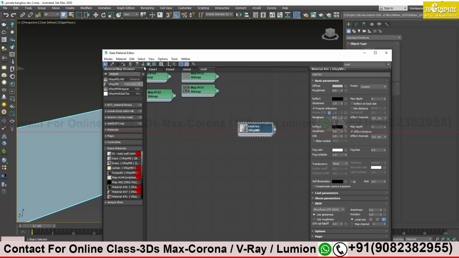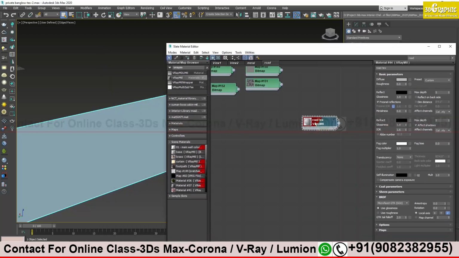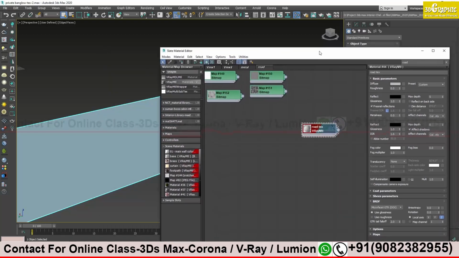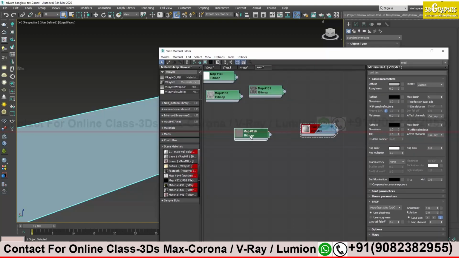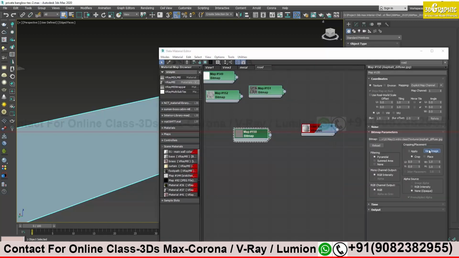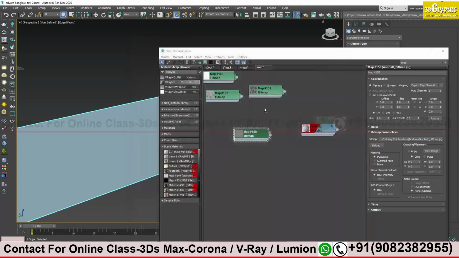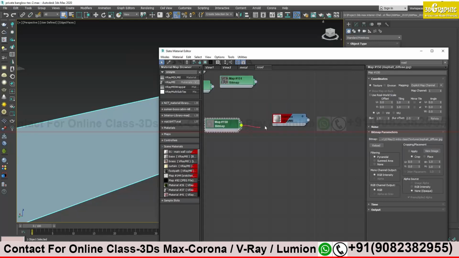Now let's bring the basic one, the road map. This is the road texture, concrete. I will apply this on diffuse.